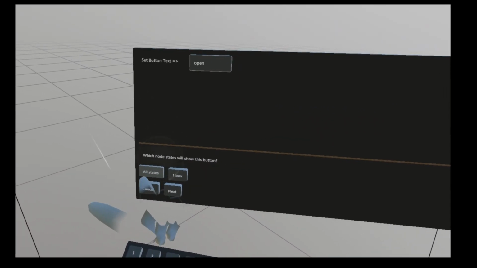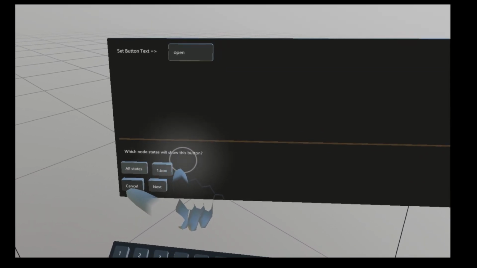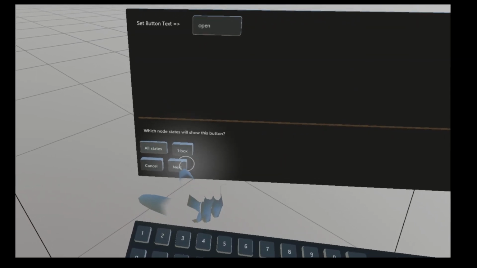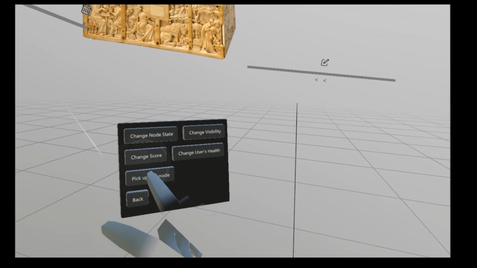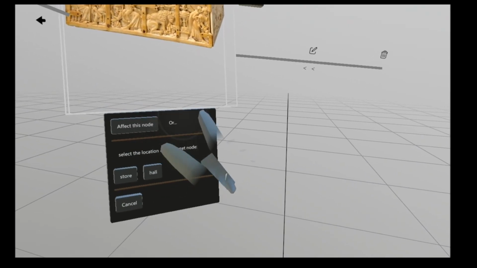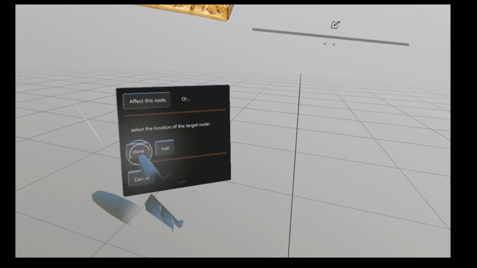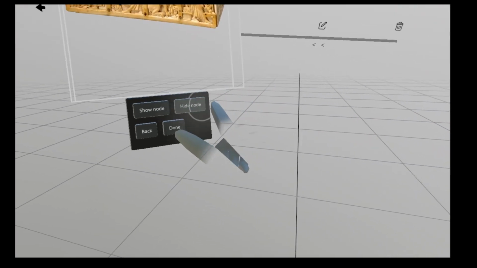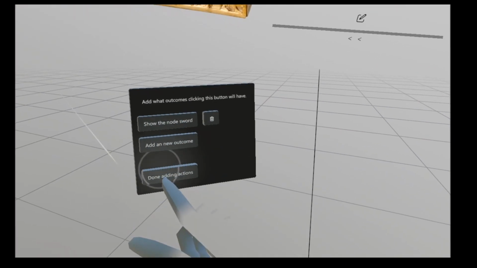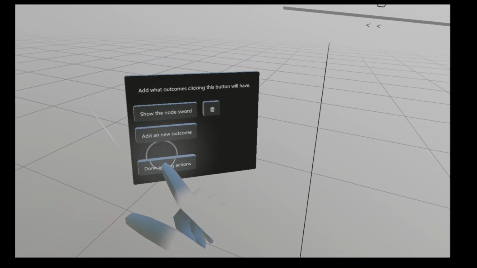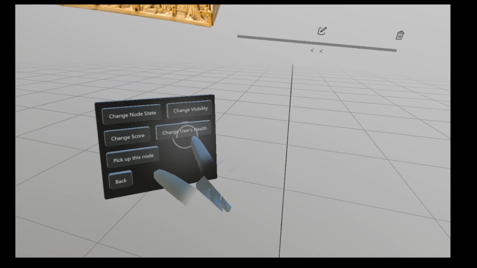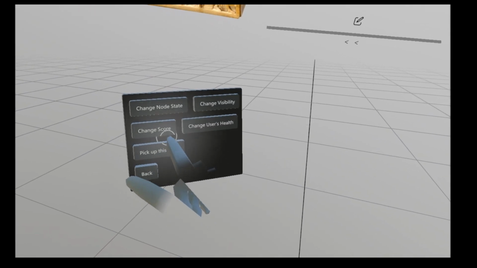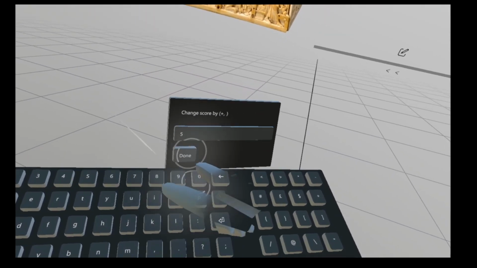So it says down here which node states will show this button. Any state will show it, that's fine. And what do you want the outcome to be of pressing that button? So I want to change the visibility of, in the storeroom, the sword. So the sword's visibility is going to change to show the node. And I think I'll also say another outcome is that we're going to change the score, and I'm going to give us 50 points